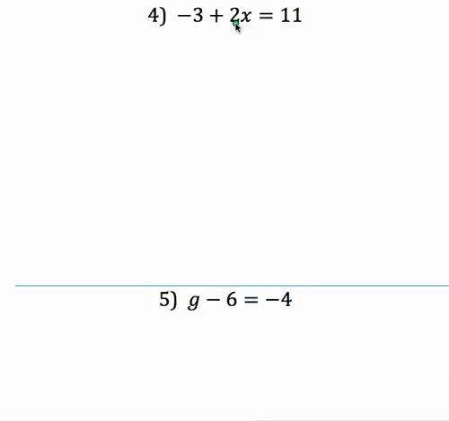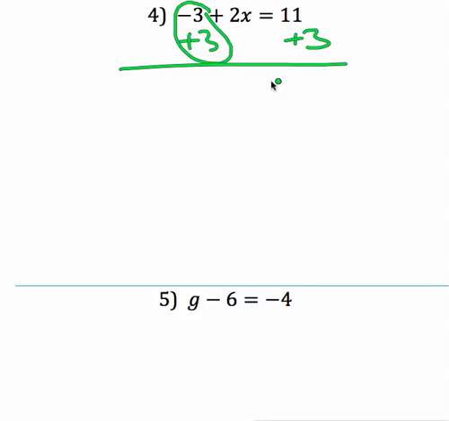X is being multiplied by 2 and added by negative 3. I'm going to add 3 to both sides because negative 3 and 3 make 0. On the left side I have 2x, and on the right side I have 11 plus 3 is 14. I know that 2x equals 14,